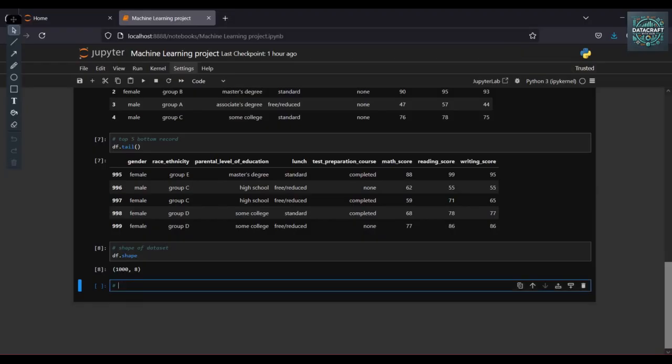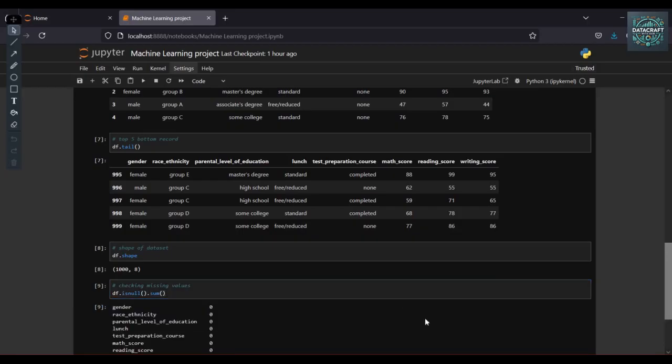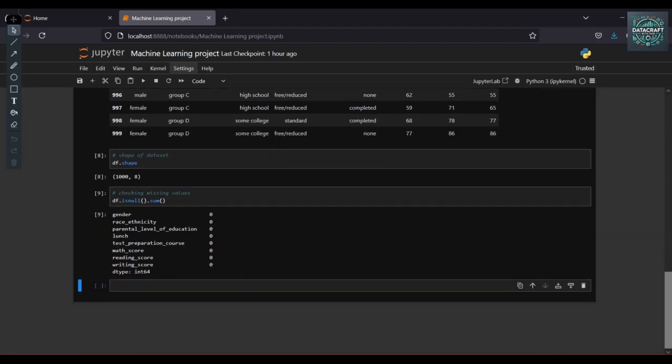So next I want to check the missing values in this dataset, df.isnull().sum(). In this particular dataset there is not any null value.